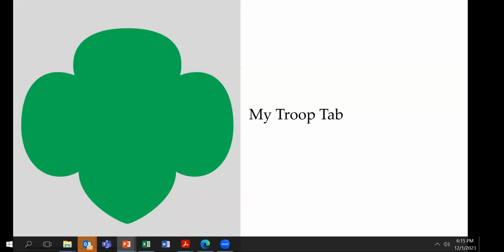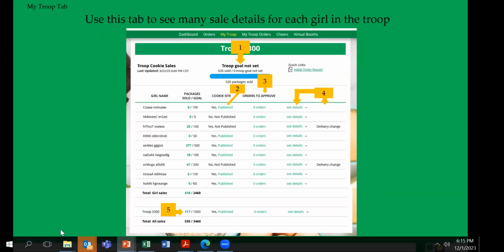So it's not making you remember lots of different changes. On the Troop tab, you'll see there's several different pieces of information here. Number one is the troop goal that comes over from Smart Cookies, and you'll measure the troop's progress toward your goal. This will also display on the girls information page. So it's really important for the troop to set a goal in Smart Cookies and have that come over to